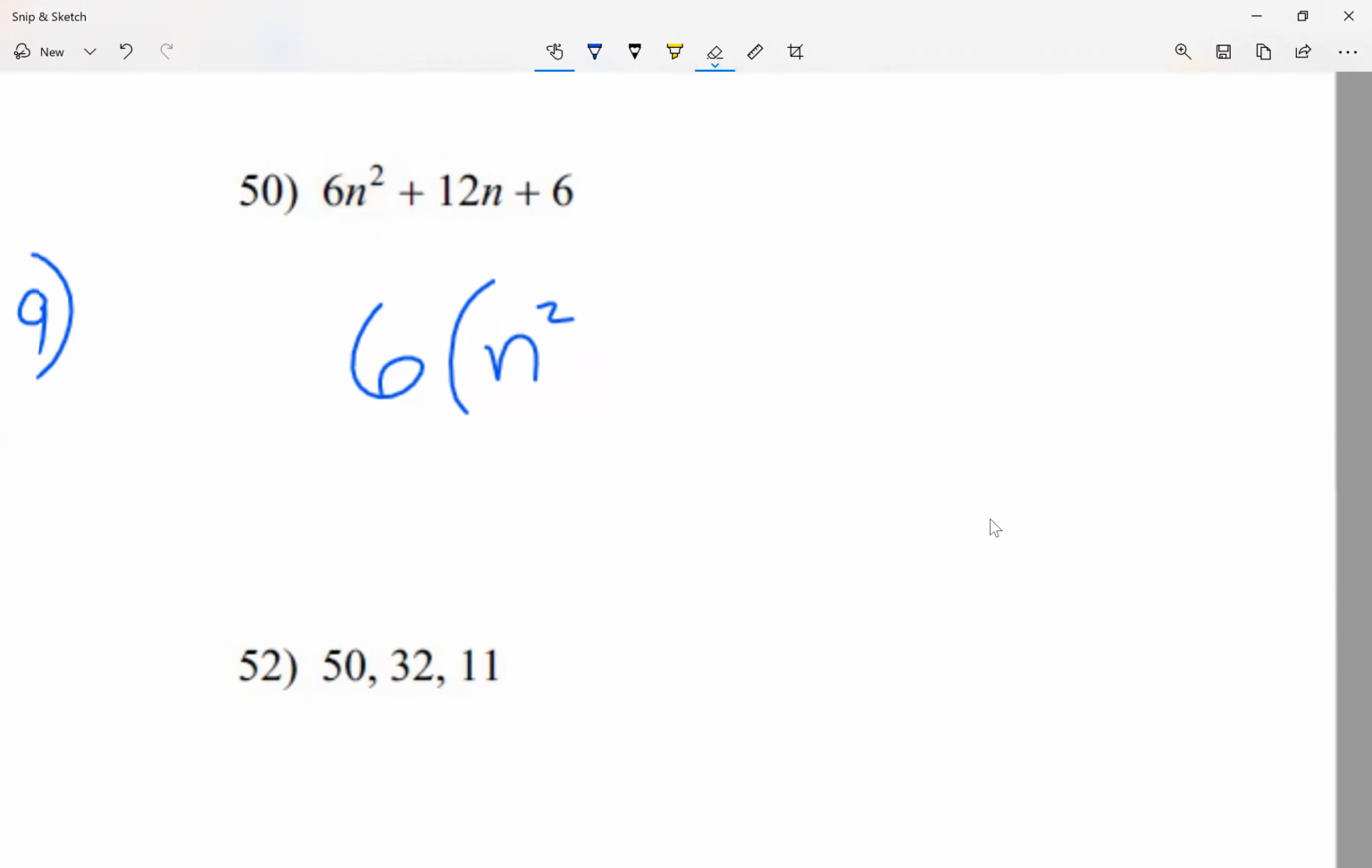So again, I'm dividing each number by 6. I'm not doing anything to the letters. Now, positive 12 divided by 6 is positive 2n. And my last example here, 6 divided by 6 is 1, but because there's no letter in this case, yeah, we do write the 1. Okay,